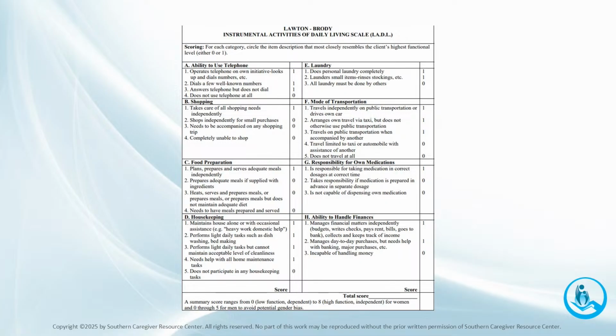Okay, now something interesting here, just a little bit of history when it comes to this scale. Historically, for men, the areas of food preparation, housekeeping, laundering were excluded when they were doing this IADL scale, but that is no longer the case, as it was a type of gender bias. So this current practice also ensures that no potential areas of difficulty are overlooked regardless of gender, leading to more accurate and clinically relevant assessment. So this is very important because we are removing that bias, and we're really doing a full assessment for each individual, regardless of their gender. Next slide, please.